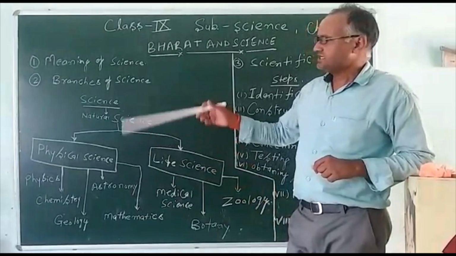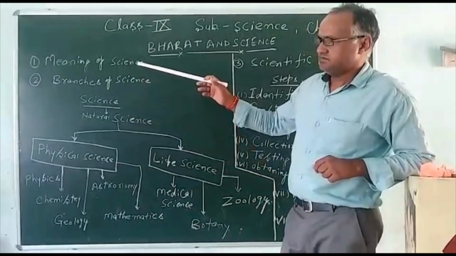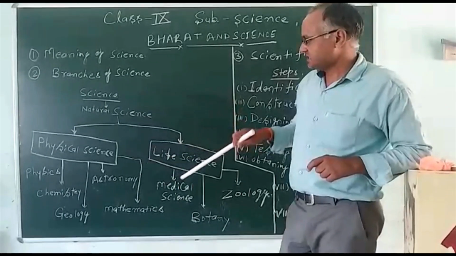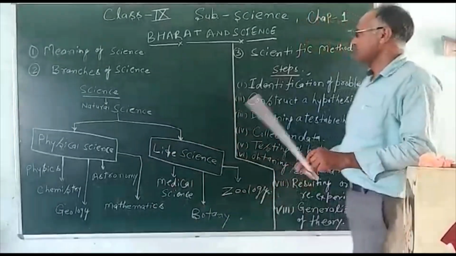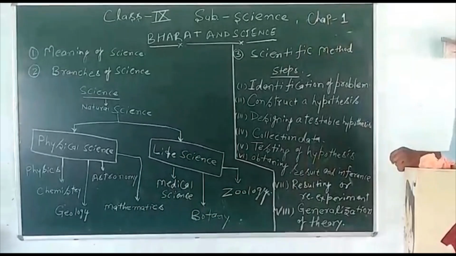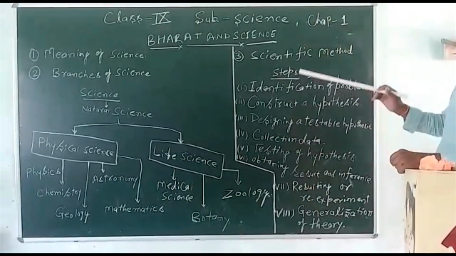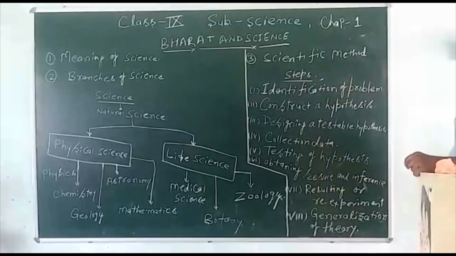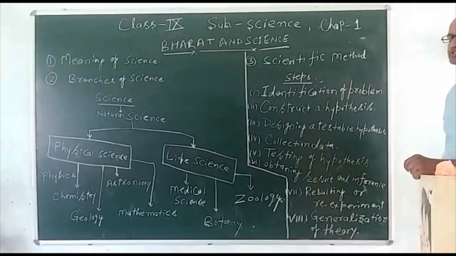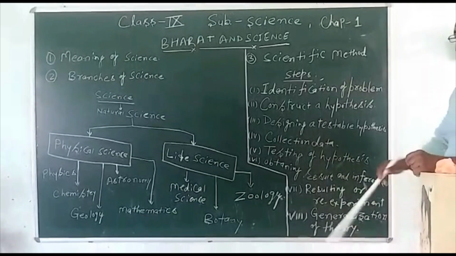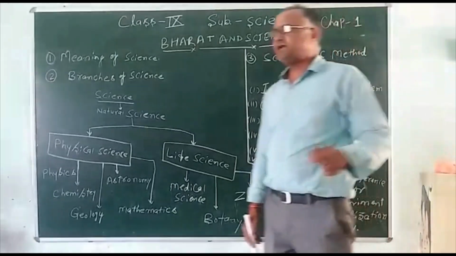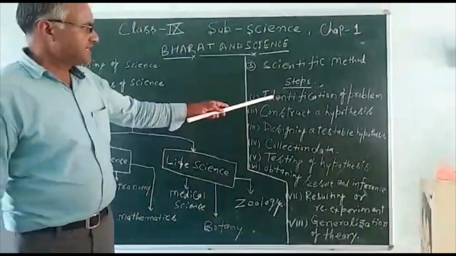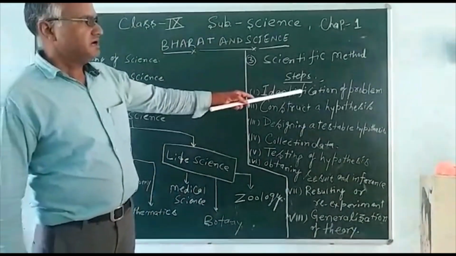Last day we studied the meaning of science and then the branches of science, physical science, life science, like that. Now we study the scientific method. In the scientific method, the first step is identification of the problem. If any problem occurs in medical science, like a disease, first we study this